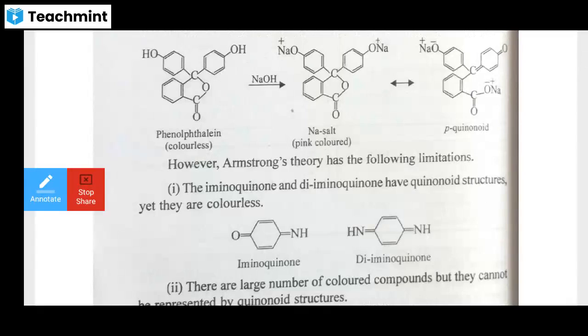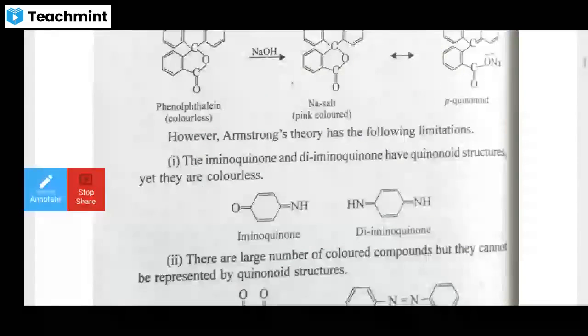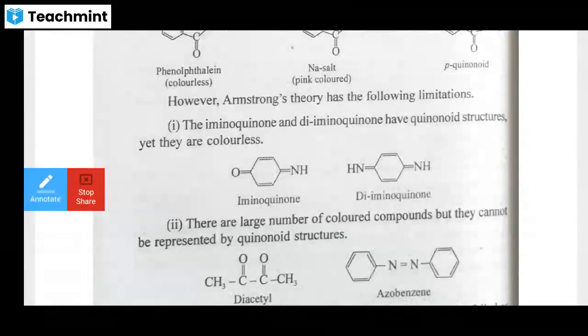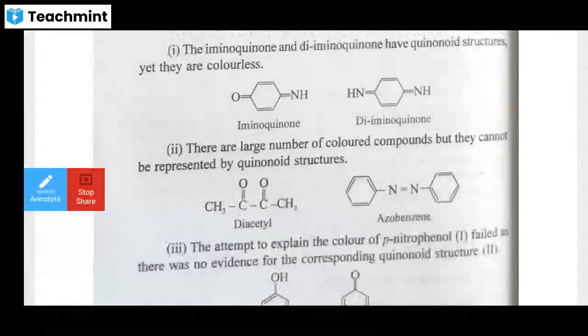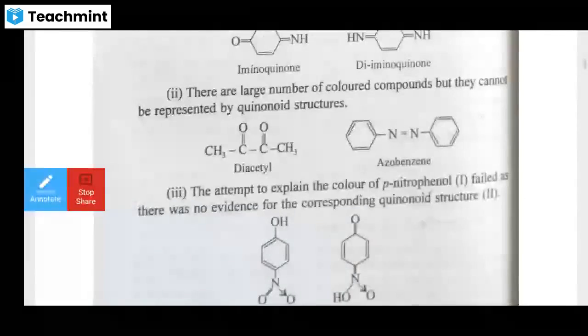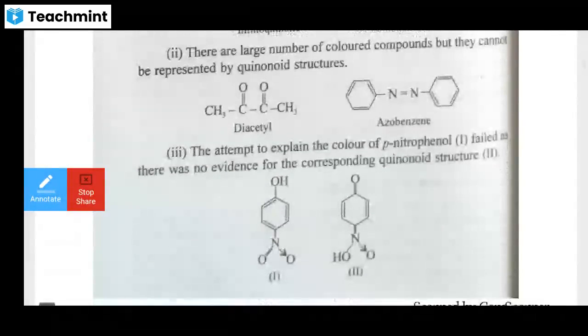of the phenolphthalein, तो तब उसको पिंक कलर आ गया। However, Armstrong theory has the following limitations. उसकी limitation है जैसा कि iminoquinone and diiminoquinone have the quinoid structure yet they are colorless. ये colorless है compound. उसके बाद there are large number of the colored compound but they cannot be represented by the quinoid structures. बहुत सारे ऐसे कंपाउंड हैं जो कलर वाले हैं लेकिन उसके ऊपर क्विनोइड स्ट्रक्चर का कोई नामोनिशान नहीं है।